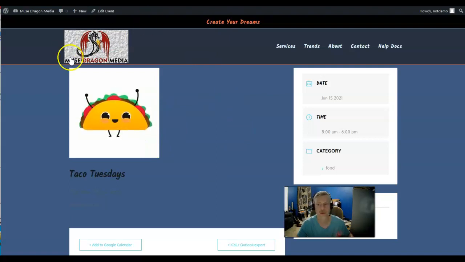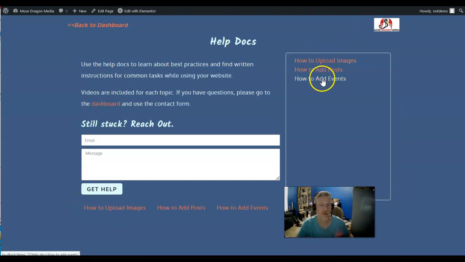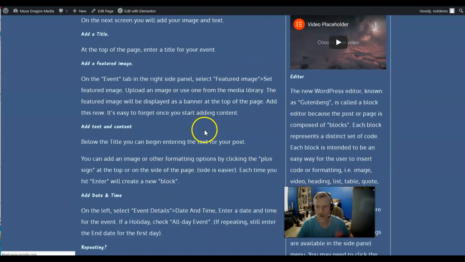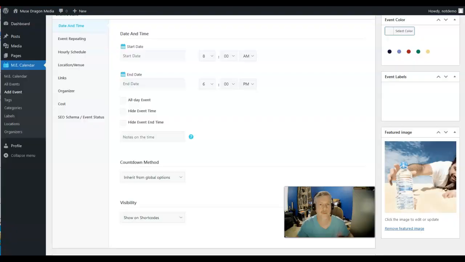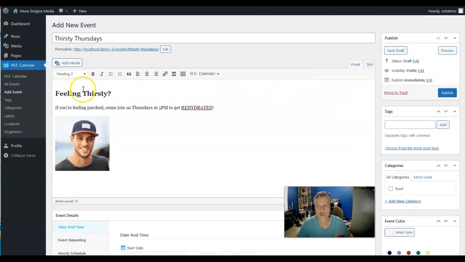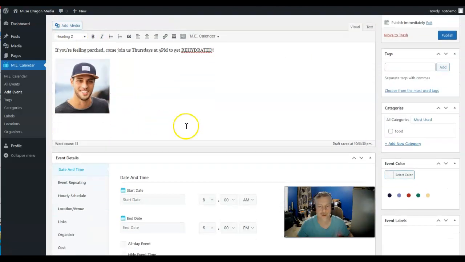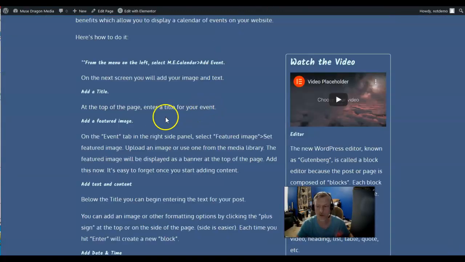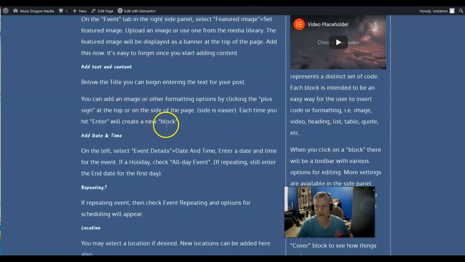So that's what your featured image is going to be for, just so you're familiar with exactly where that's going to end up. Let's go back to our events. Okay, and so again, now that we've set our featured image, then we were supposed to come back and add our content so that we didn't forget. Now the next step in our process, after we've added our text and content,